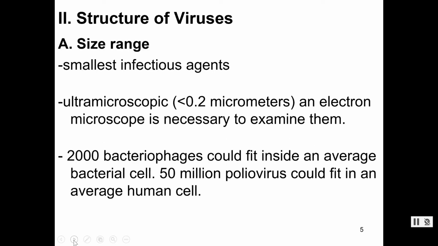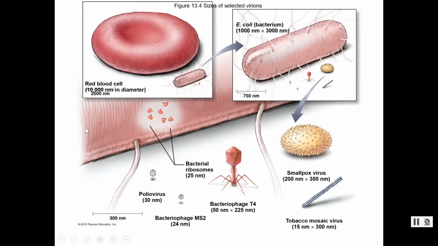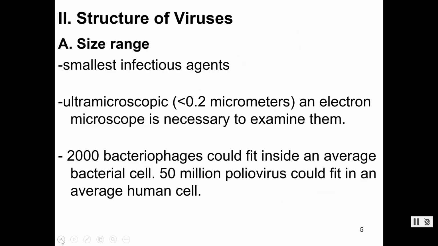All right, so what are they? If there's no cell membrane, what are they? They are considered the smallest infectious agent. Whoops. So I am going to have you put kind of an asterisk about that. We're actually going to, at the very end of this chapter, talk about something that's even smaller than viruses, but they are super tiny. They are classified as ultra microscopic. We can't see them under light microscopes. We have to have an electron microscope.